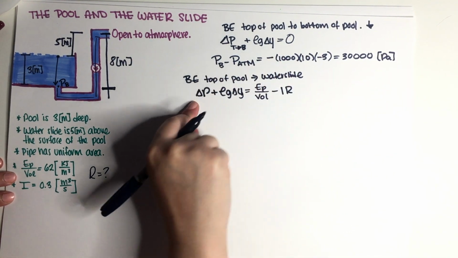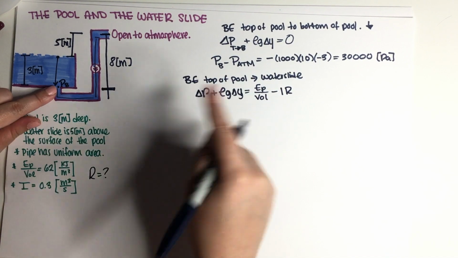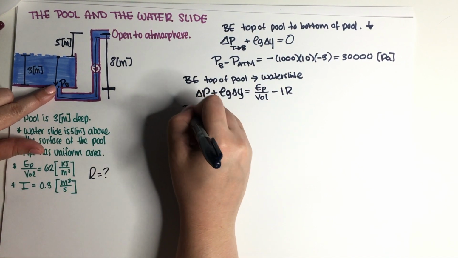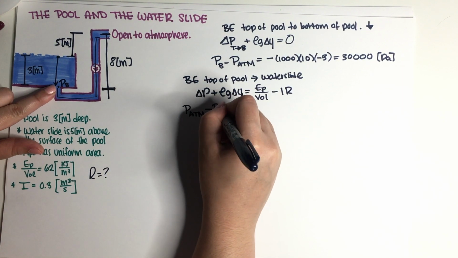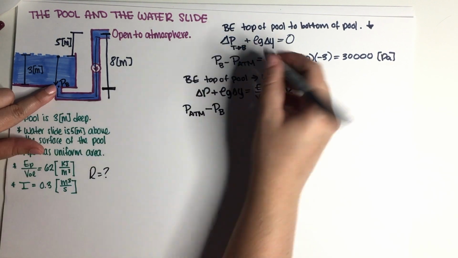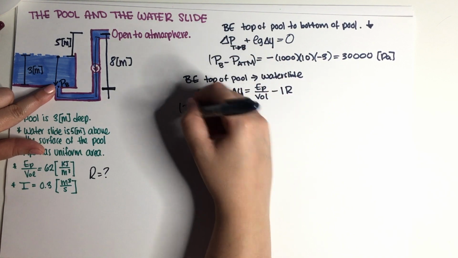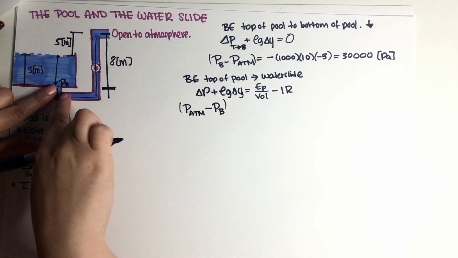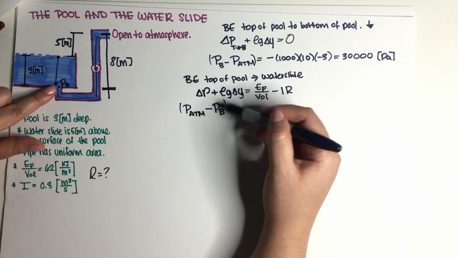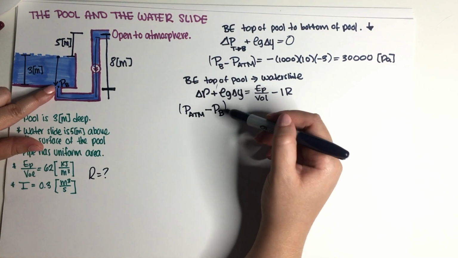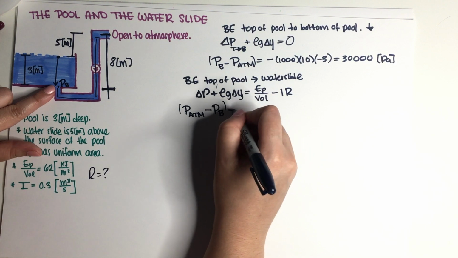Now this delta P is final minus initial, so this would be P atmospheric minus P at the bottom, like this, final minus initial. And you can kind of see where I'm going with this. I'm going to need this to help me out over here. Plus